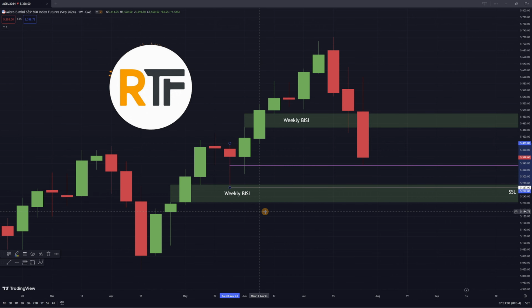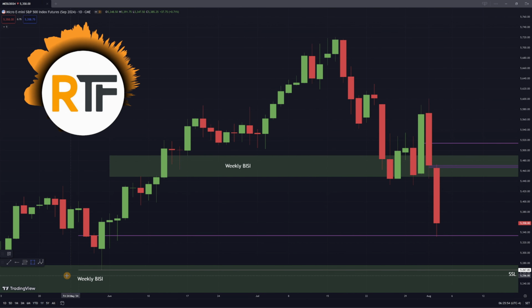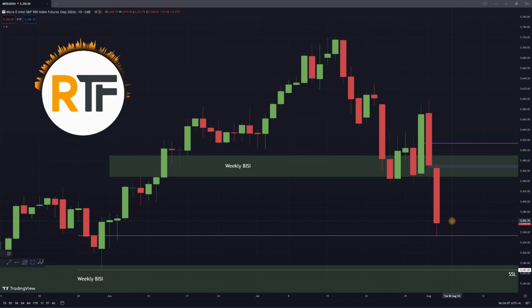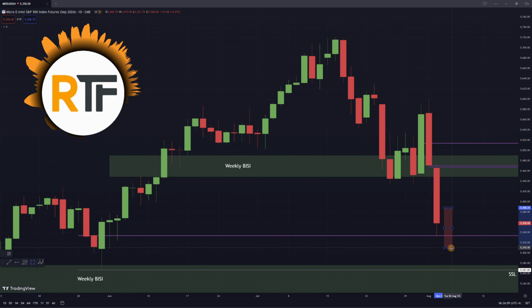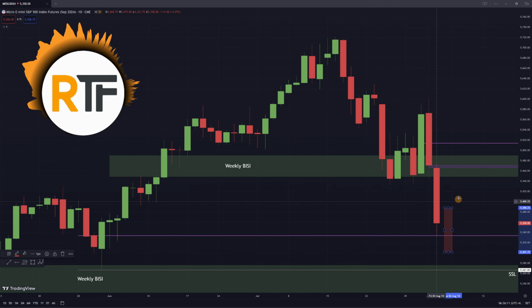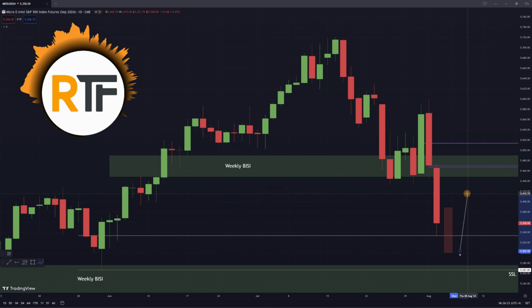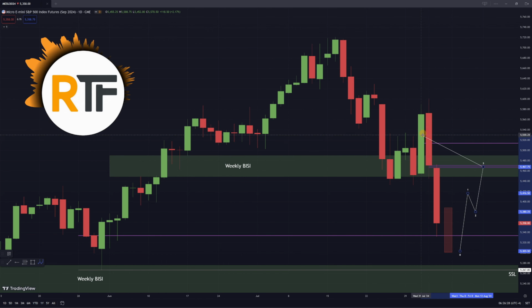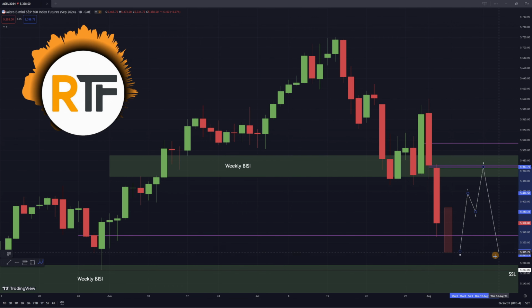Here on the daily chart, I am looking for price to come and take the sell side below the swing low and come into our weekly fair value gap. I have the mean threshold on that weekly order block drawn out, and as you can see, we just tapped it and we're kind of going up right now. Now, we could have some sort of a down candle such as this, and we create another fair value gap, and then I could think price could go back to rebalance that fair value gap or even come back up a little bit more for this volume balance or go back into this daily order block, and then come down to take our sell side liquidity.